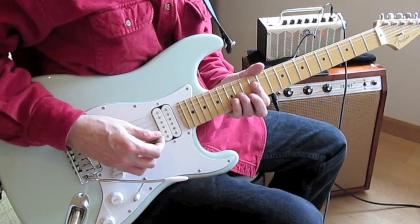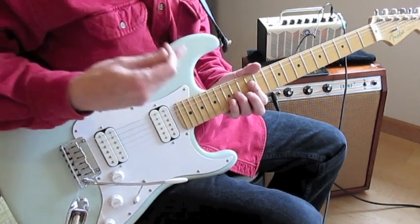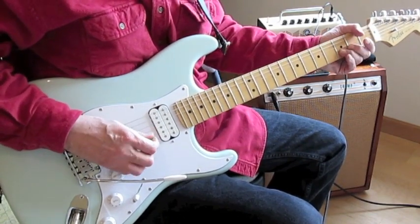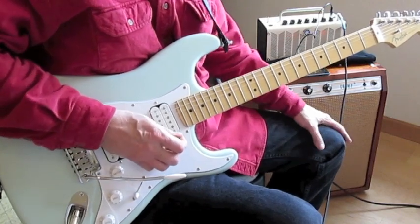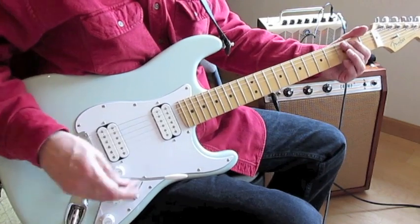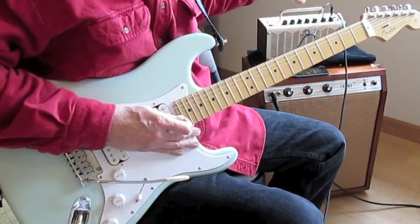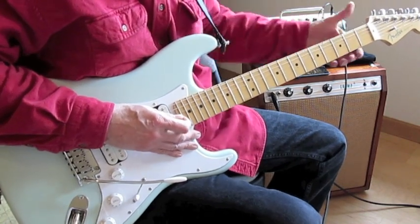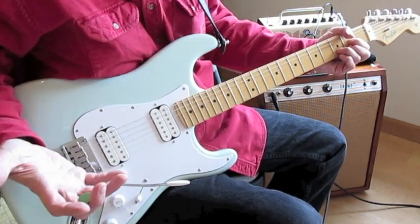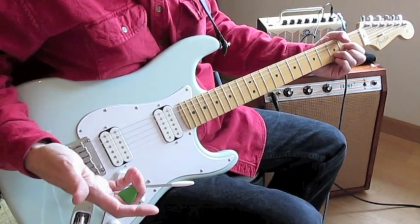Both these songs today are going to be featuring the G major pentatonic scale, which is the same notes as the E minor pentatonic scale, with a different root. The root is G major. Both of these songs feature a chord progression that is exactly the same. G, C, D. That's it. Neil does a lot with G, C, D. Because they're both in G major,